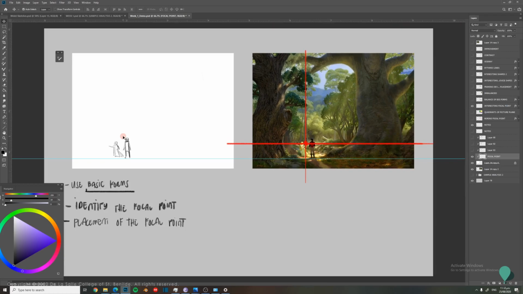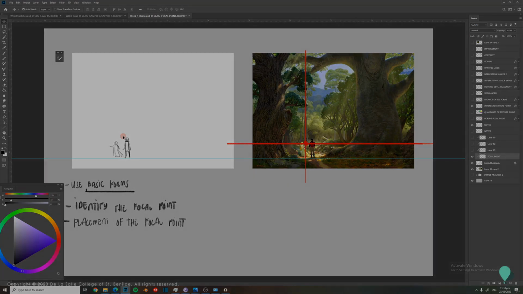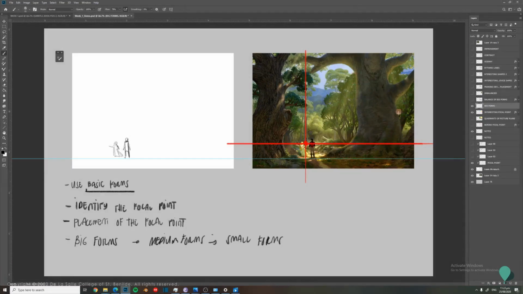And then you zoom out and check if you are in the right area. Now obviously the big forms that you see are